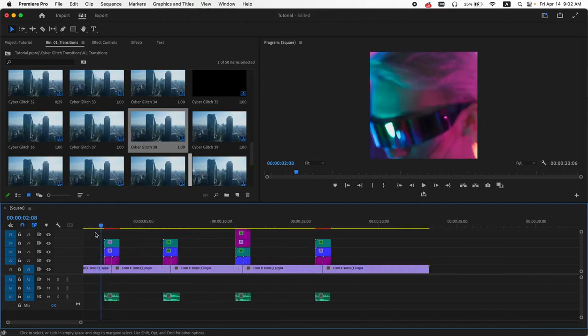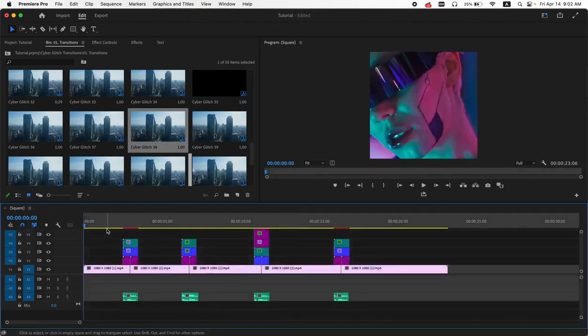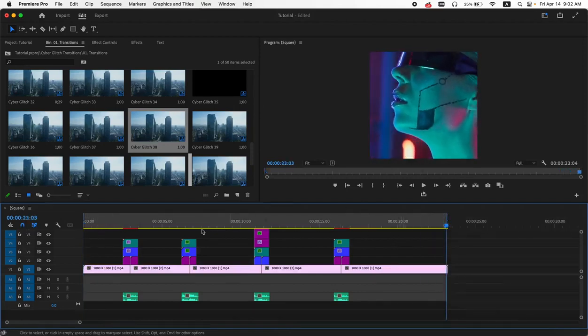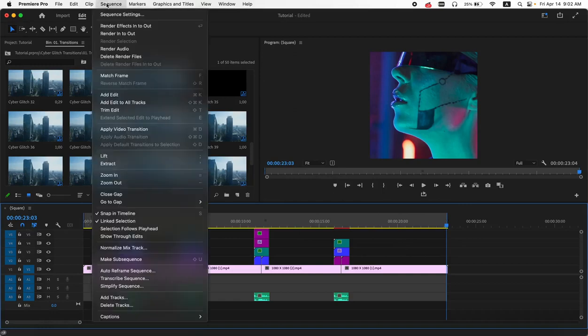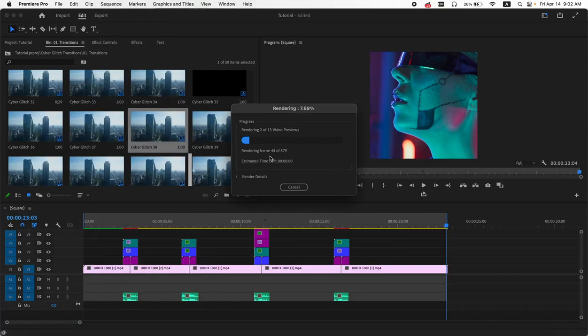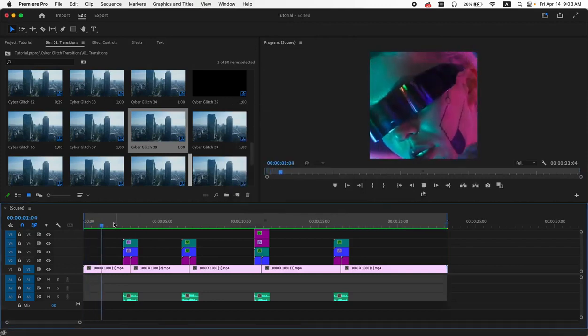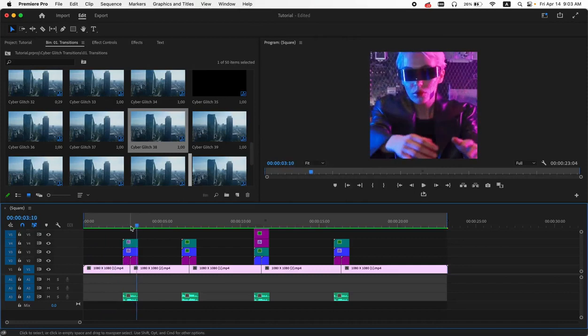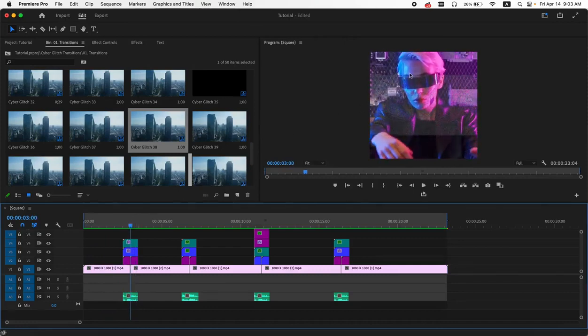I can press I at the beginning of the edit and press O at the end of the edit. And go to Sequence, Render In to Out, and wait for it to render all the transitions. These transitions are rendering pretty fast, so you won't lose a lot of time rendering the transitions. Very good. After I'm done, I'm gonna check the transition, and as you see, the transition does not work properly